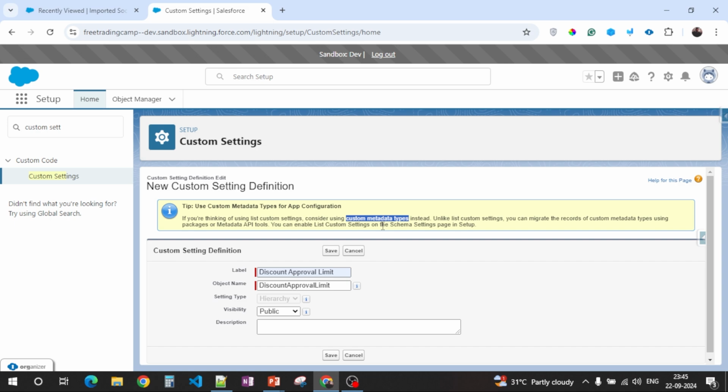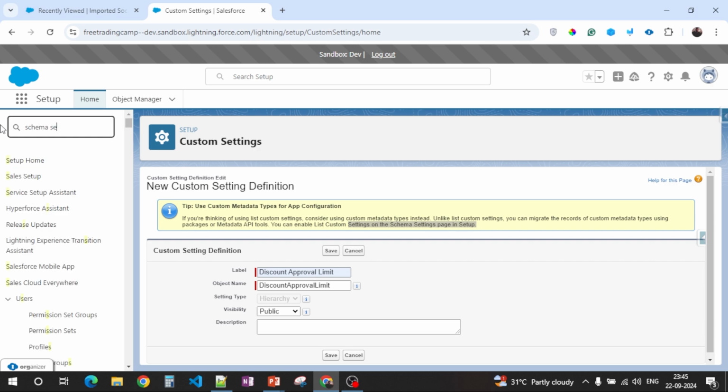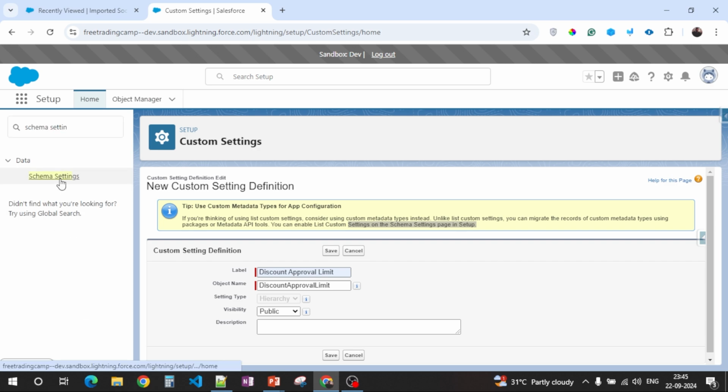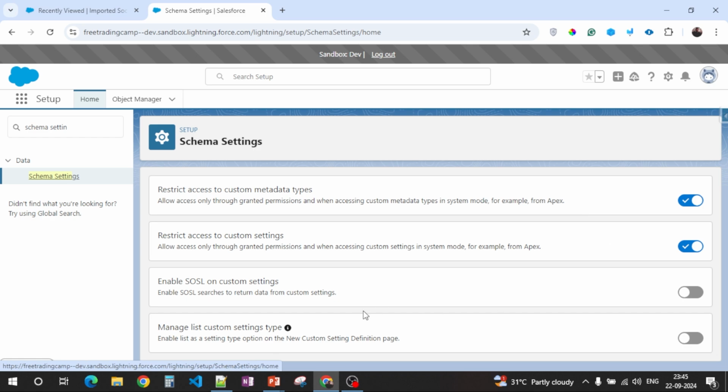But for this video, I'll create the list custom settings, and to activate it, we need to enable list custom settings on the schema settings page in Setup. So let's go to schema settings, and we need to click on manage list custom settings type here. Then go again to custom settings, and now you can select list custom settings from there.